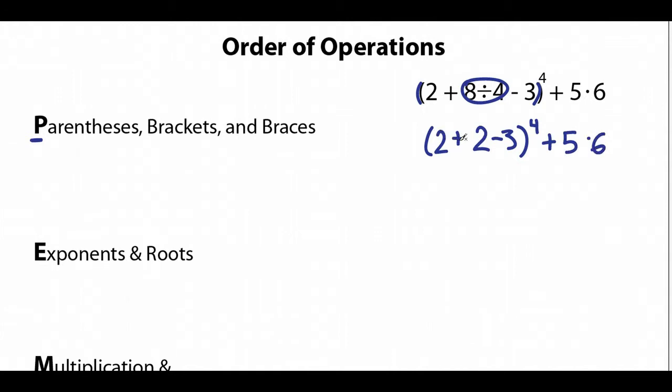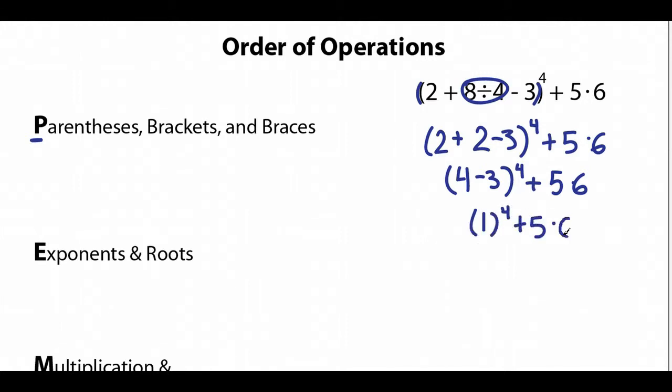And now we look here and we say, okay, now we're on addition, subtraction, now that all of our multiplication and division is gone. So then we move from left to right. So we say 2 plus 2 is 4. Let's again drop everything else down. It's good practice to drop each step down and have it kind of funnel down to our final answer. And then in our parentheses, we have 4 minus 3, which is 1. Again, drop it down. 5 times 6. And now, since we're done with our